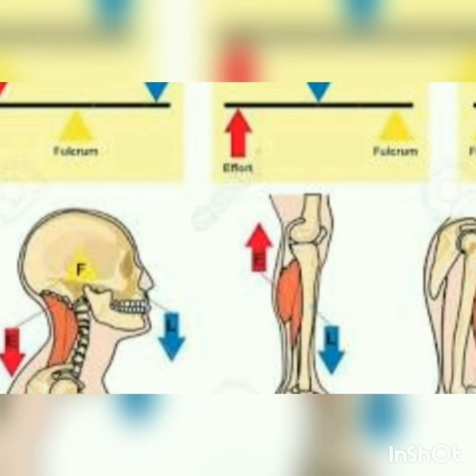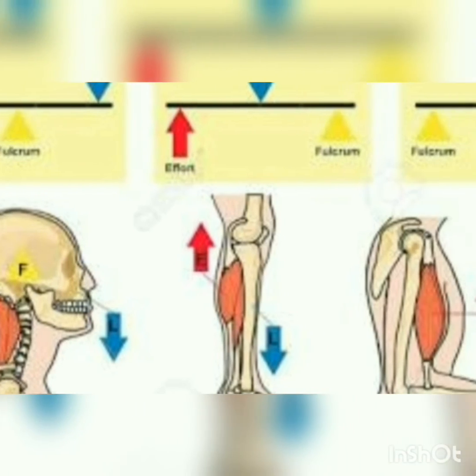In class 2 lever, raising the weight of the body on toes. In toes, the weight of the body is raised on toes. The fulcrum is at the toes at one end, and the load L is in the middle and effort E by muscles is at the other end. Yes, this is the example of class 2 lever because load is in between the fulcrum and effort.